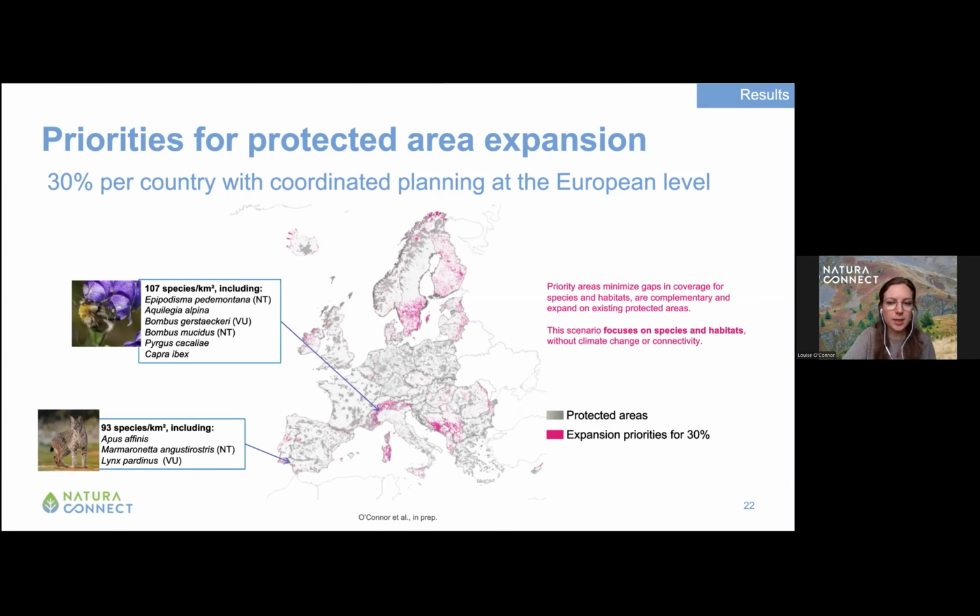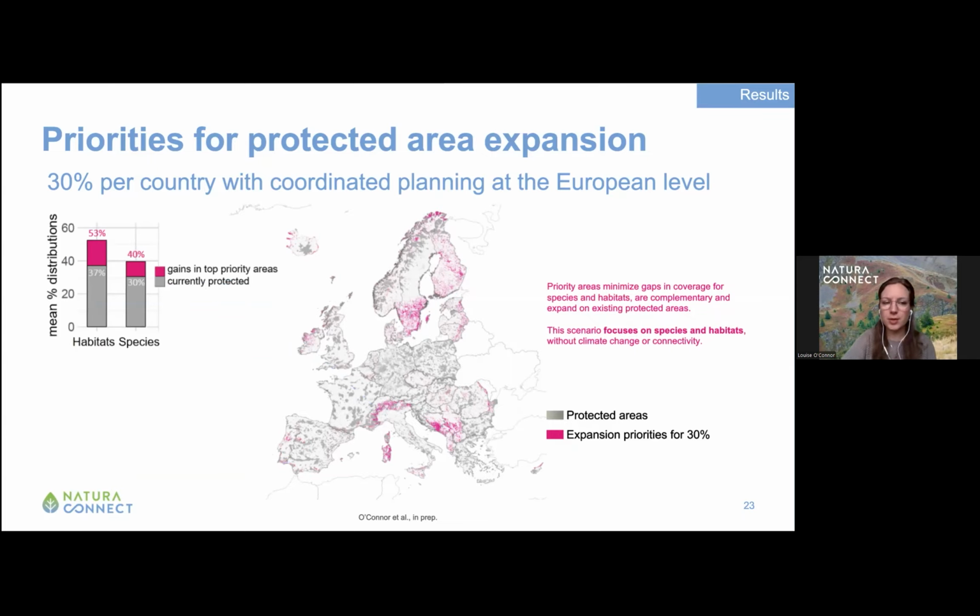So these sites are really important in terms of endemic species. They're quite irreplaceable. If we could take a look at some examples, for example, in Doñana in southwest Spain, we can have very unique species at the European level, like the Iberian lynx and the marble duck. And another example in the Alps, you have equally endemic species that are adapted to alpine environments, like the alpine bumblebees or the ibex.